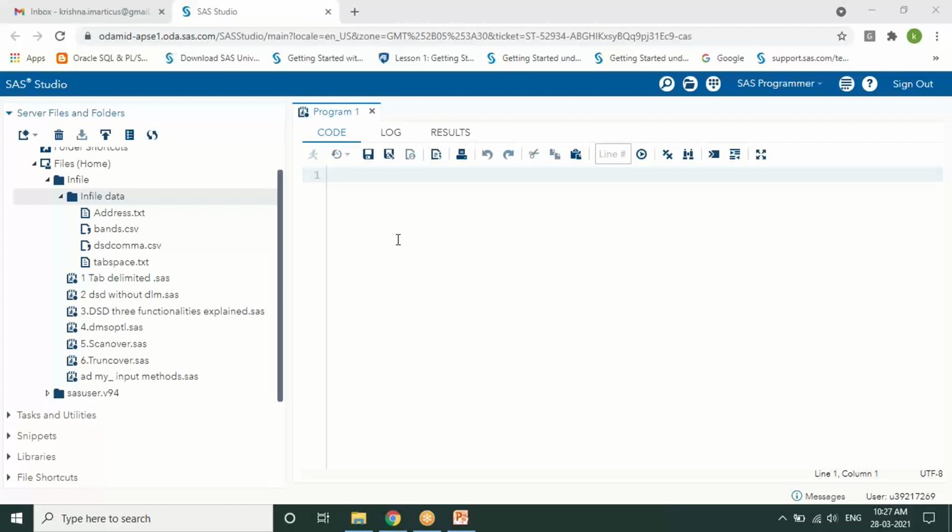Then in parallel we'll work with the examples. Done? Can I start?